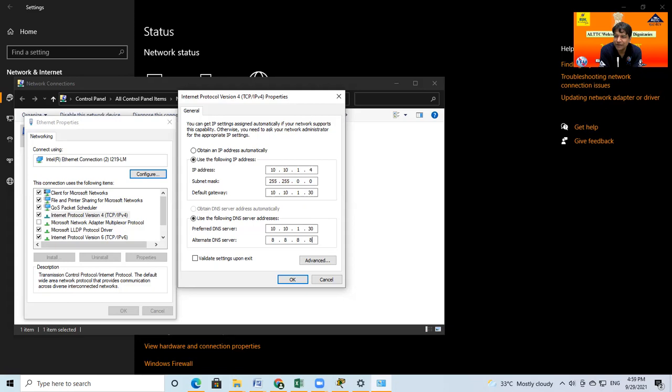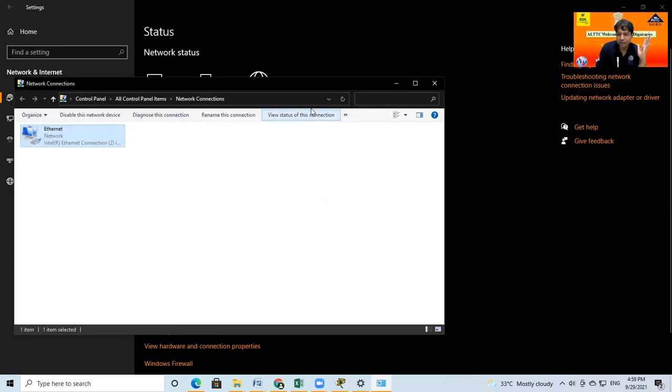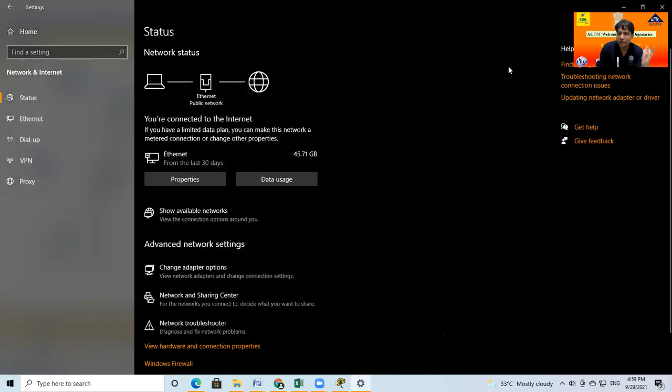By default, this information is automatically updated in the local DNS server also. Okay, so this is DNS. Hopefully this covers all the communication in the network portion.